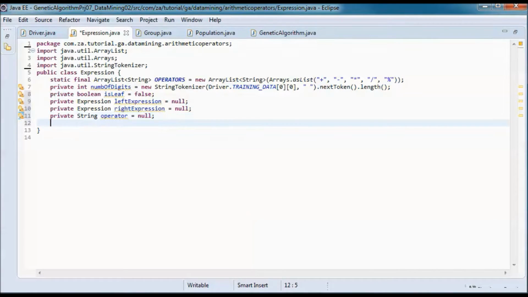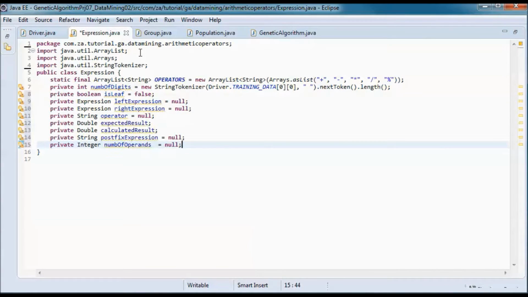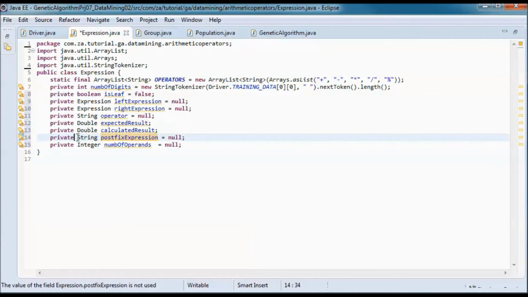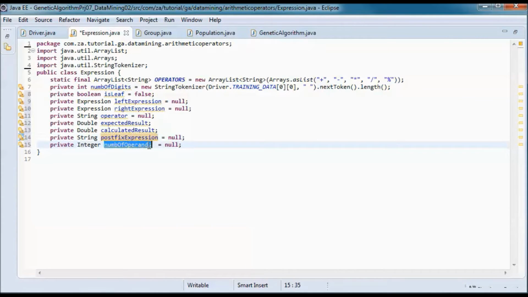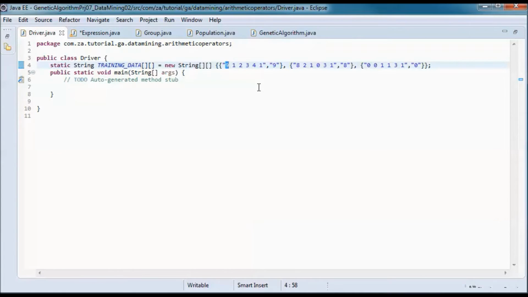And an instance of the expression class could have an expected result, a calculated result, a string postfix expression, and a number of operands. That would be, in this case, 6 operands, since we have 6 here and here and here.